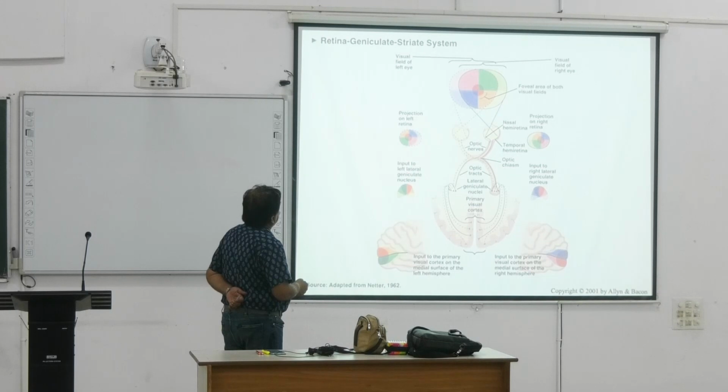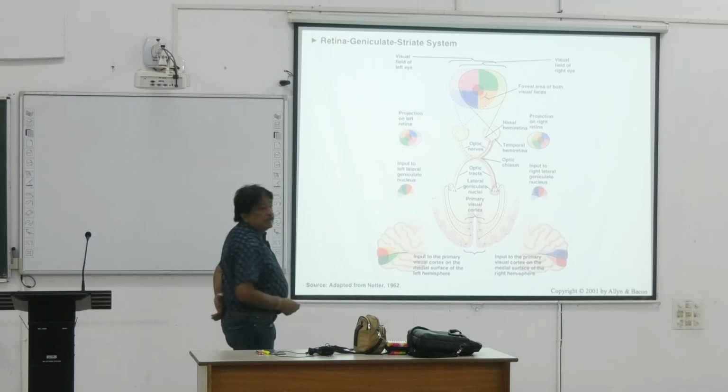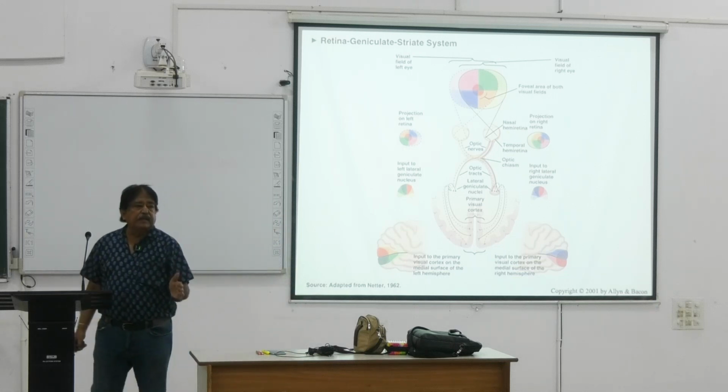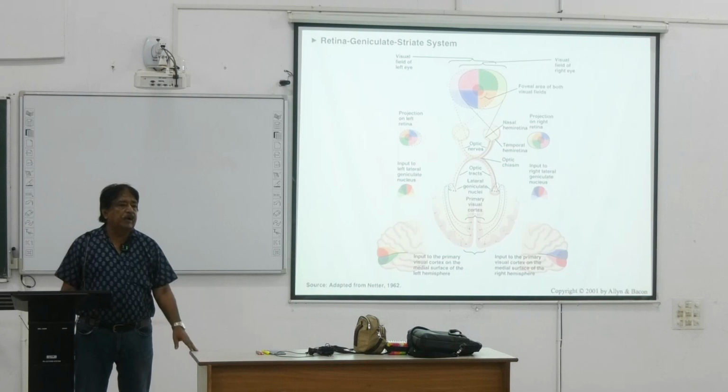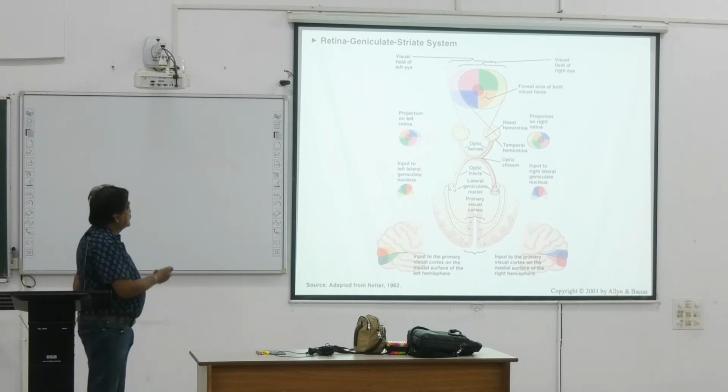Now, input to the right lateral geniculate nucleus. Input to the primary visual cortex on the medial surface of the left hemisphere. Input to the primary visual cortex on the medial surface of the right hemisphere. This part. Now, if you are given a section of a brain as a specimen and you are asked what this area is, so you just